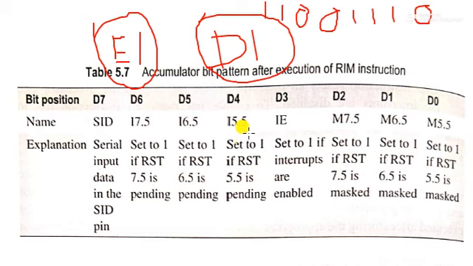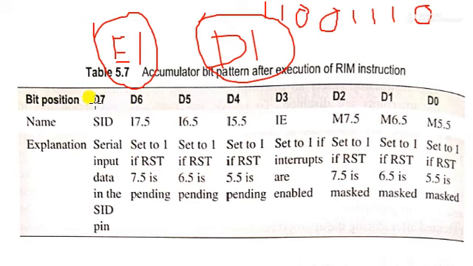So at that time these two bits, D4 and D5, will be 1. That means the D4 bit indicates that RST 5.5 is 1, that means RST 5.5 is in the pending state. RST 6.5 is 1, sorry, the D5 bit is 1, that means it is in the pending state. RST 7.5 is 0. That means it is in the starting condition. That means currently the processor attends the operation for RST 7.5. That's why these 3 bits, D4, D5 and D6, are used.